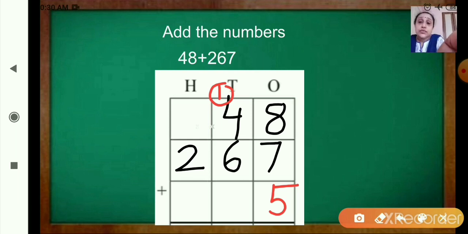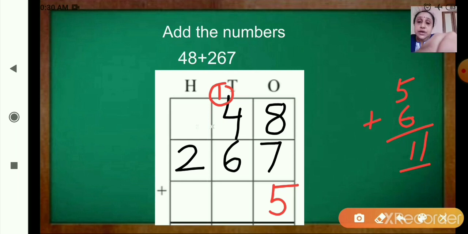Whenever you are doing the sum, you have to do the rough work in your notebook. Okay, you are learning now, na? So 1 plus 4, 5. In your rough book, you will write 5. And remember, 5 plus this 6 you have to add. You will do it like this in your rough work, then you will not forget. So 5 plus 6, again you will count. How much did you get? We are getting 11. So what do we have to write?